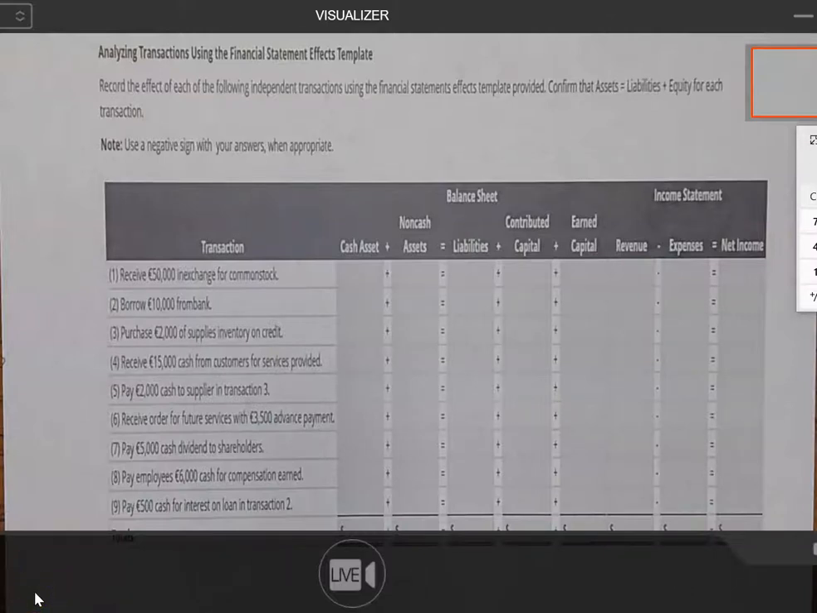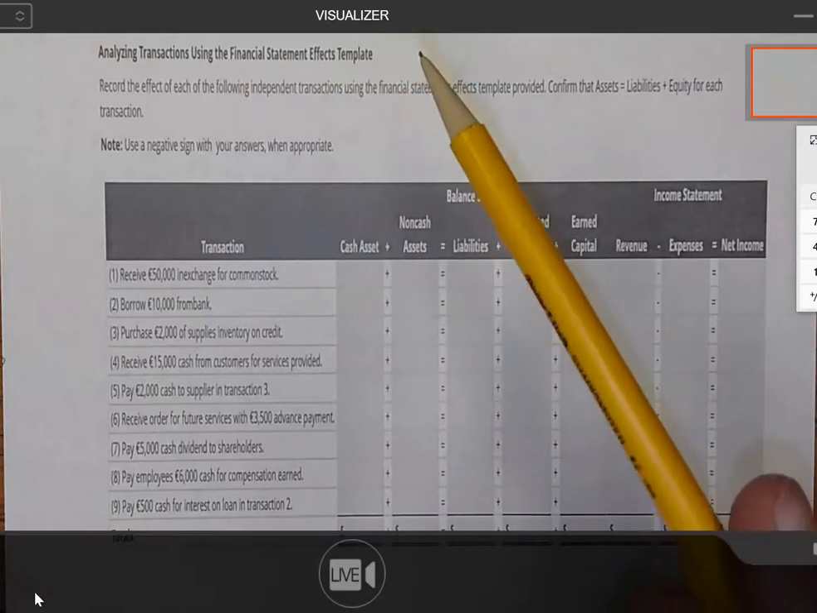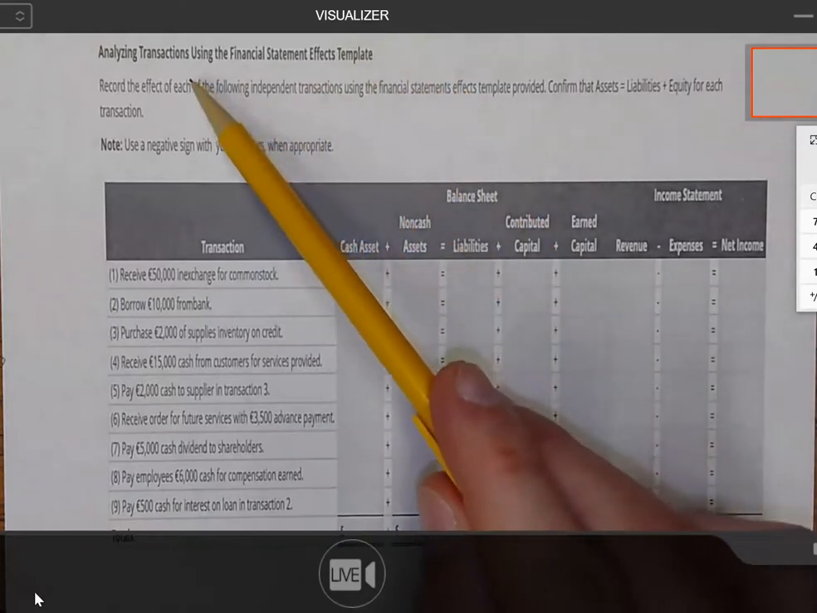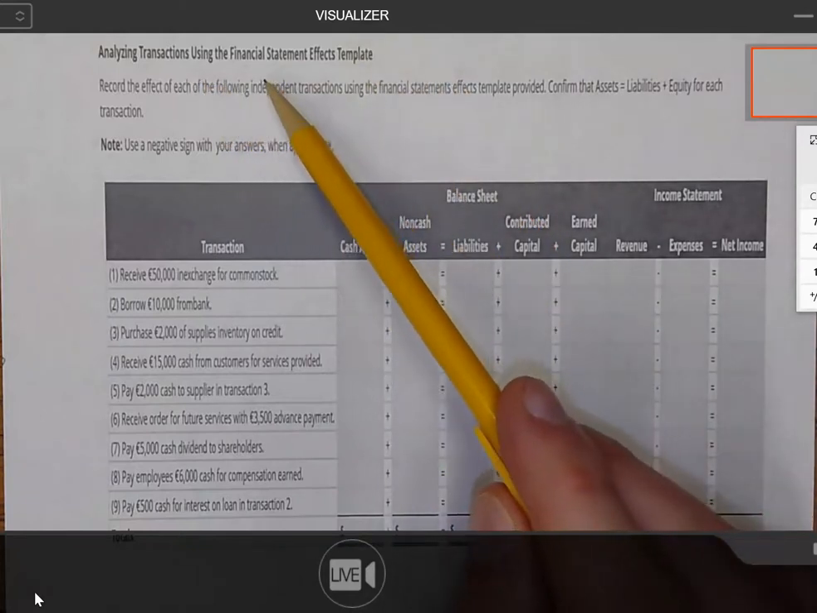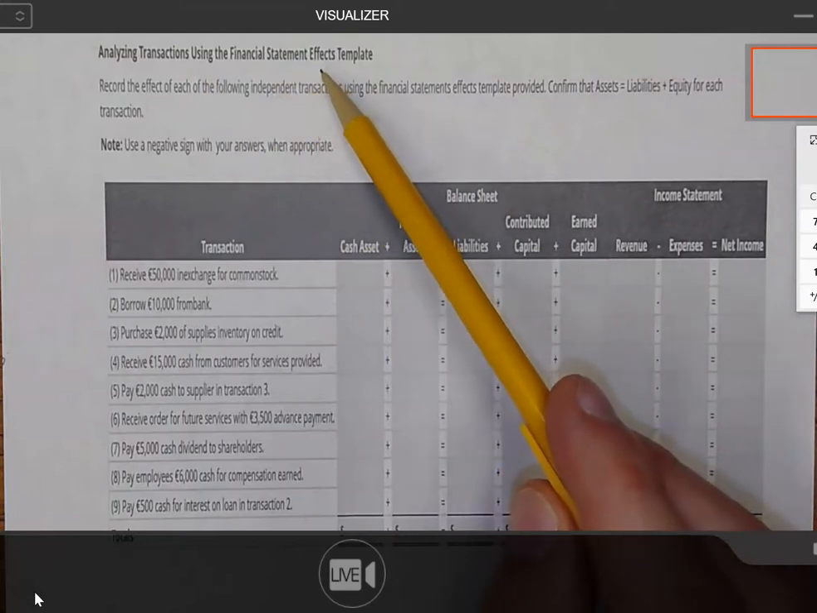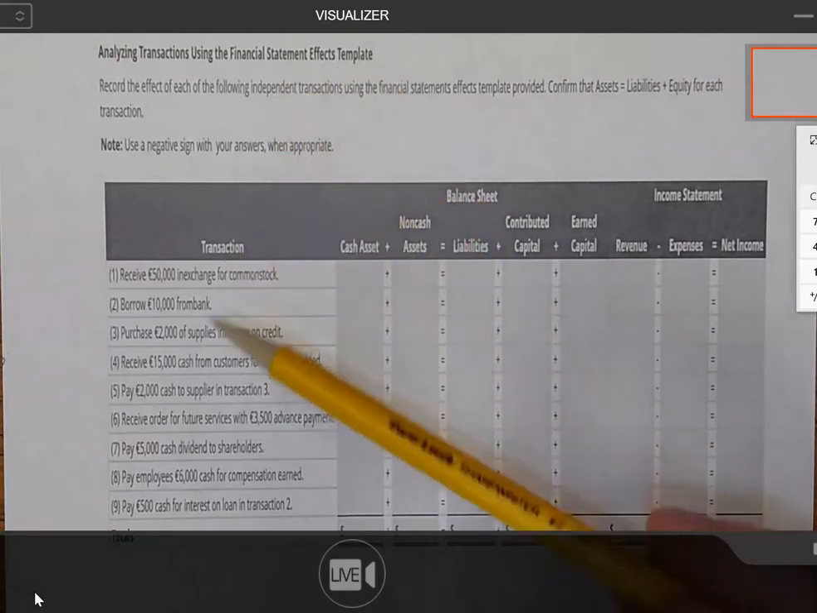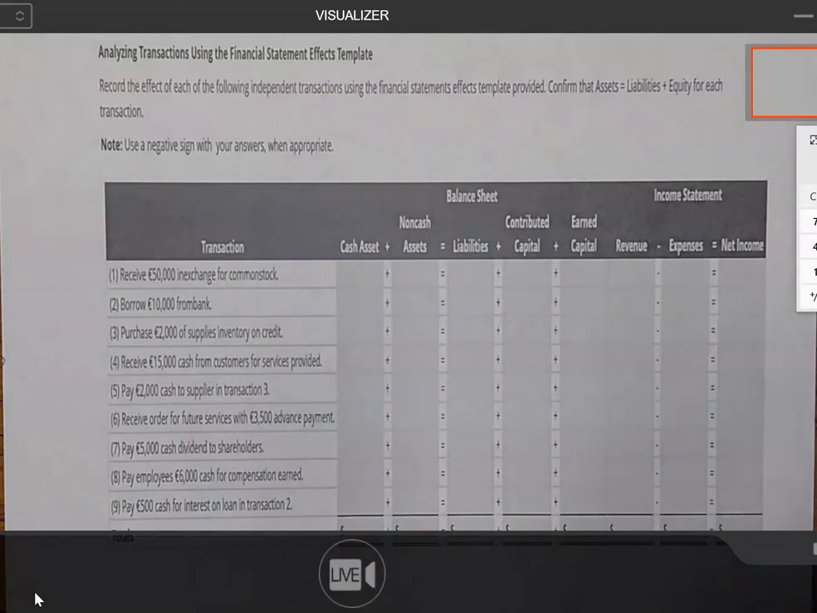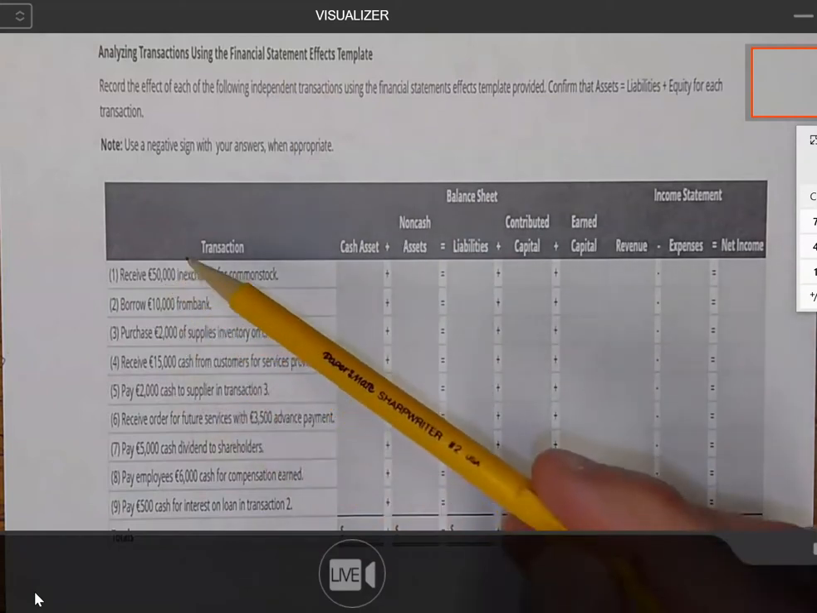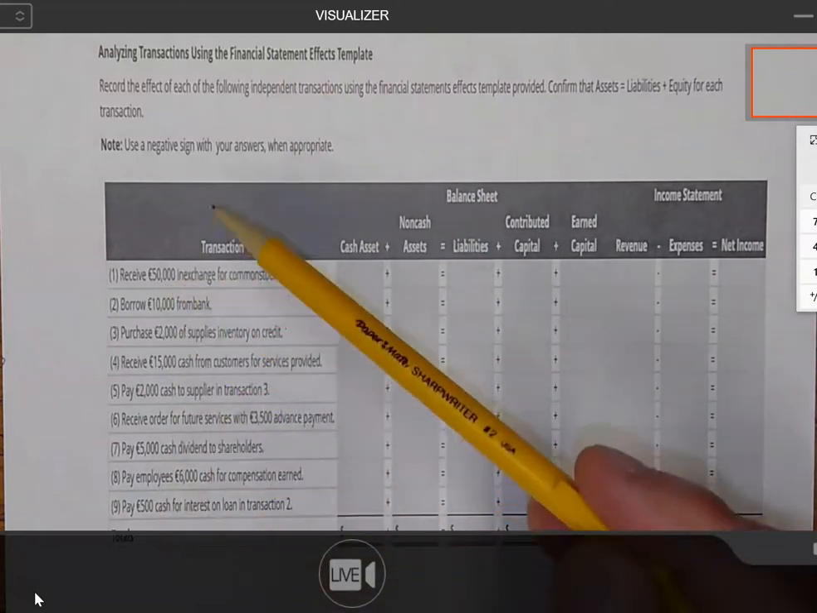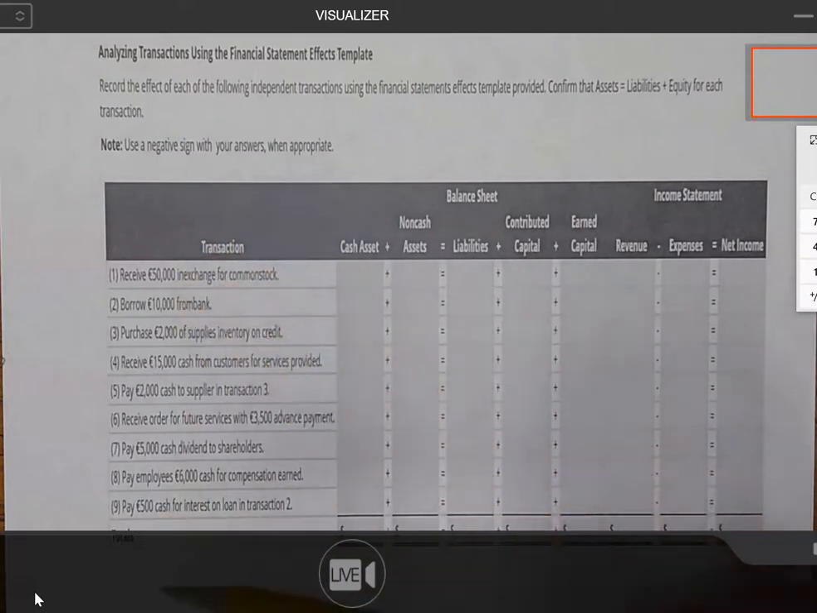Okay, let's take a look at some more exercises, and specifically the exercise we're going to look at next is titled Analyzing Transactions Using Financial Statement Effects Template. So what we're essentially going to be doing here is looking at a series of transactions, and then we're going to be